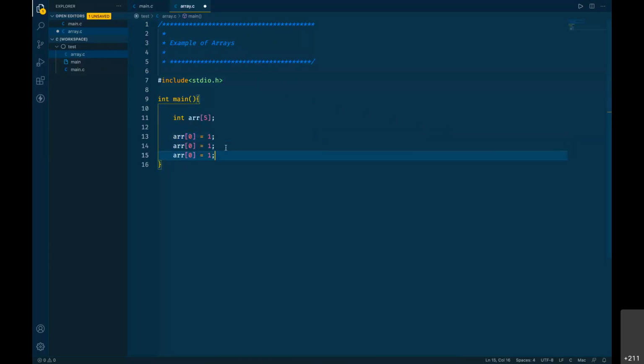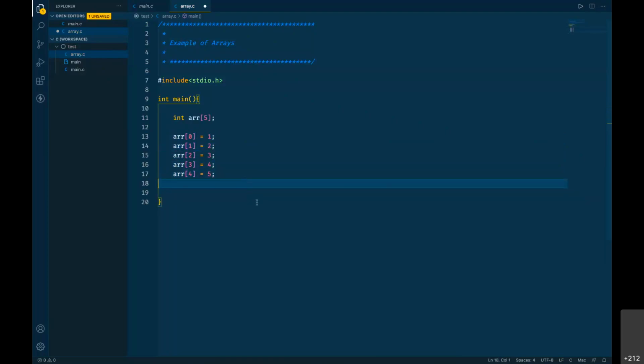Now I can go for a few more values for the other elements: indices 0 to 4, a total of 5 elements, will have values 1 to 5.